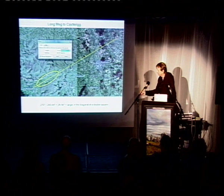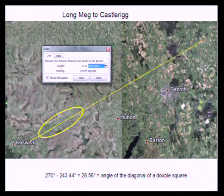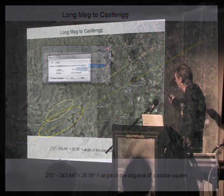goes exactly down the centre of a valley. You can see the hills on this side and this side, and there's a valley that goes through there. That's where the road goes. And that's this angle. In fact, you can see how the valley is exactly on the angle of that double